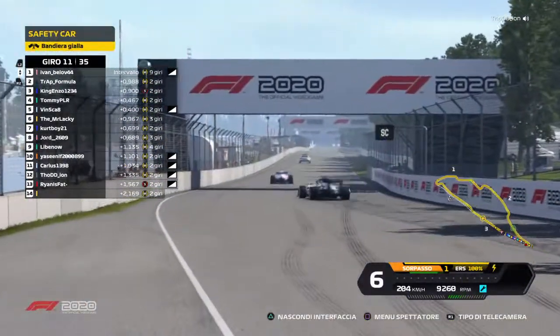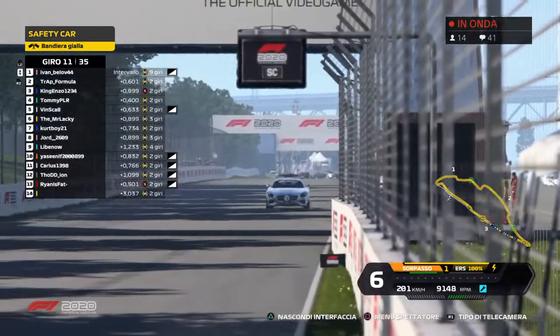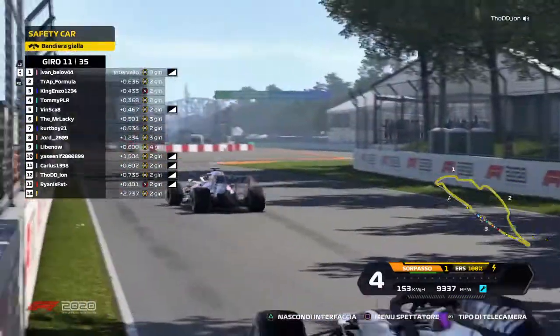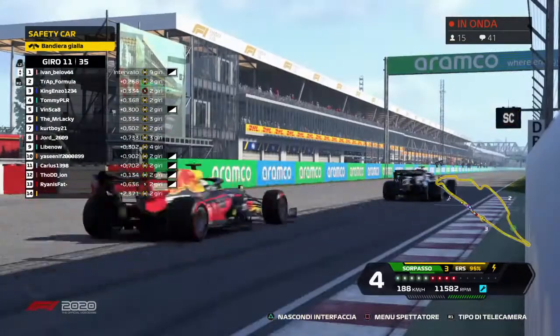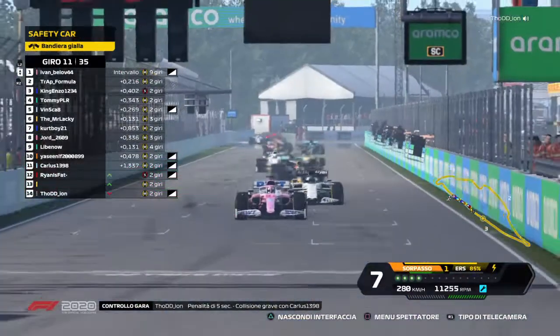Yep. And Ivan Belov will lead the pack with the restart. He has a used set of mediums, and now Transformer as well needs to be very careful because he doesn't need to crash. He just literally needs to wait a little bit. But we are back racing here in the...